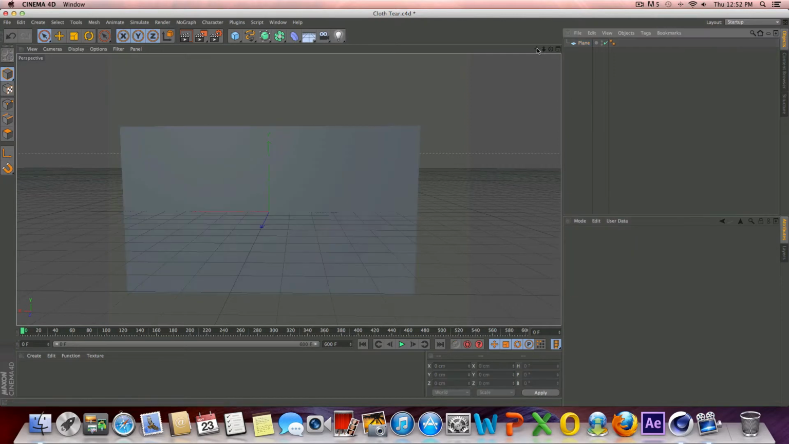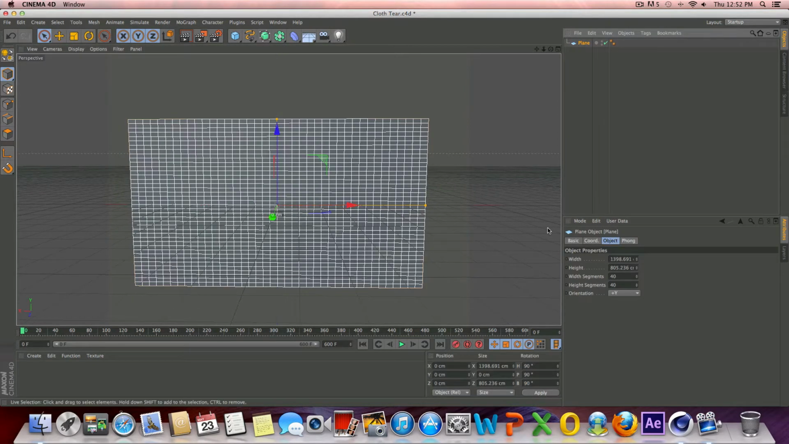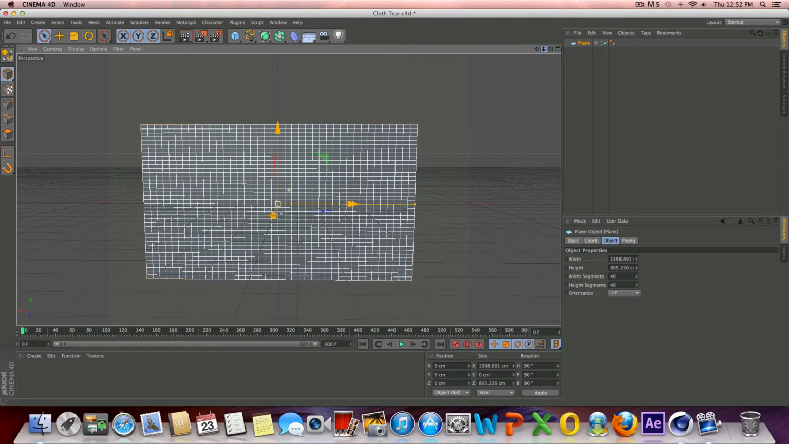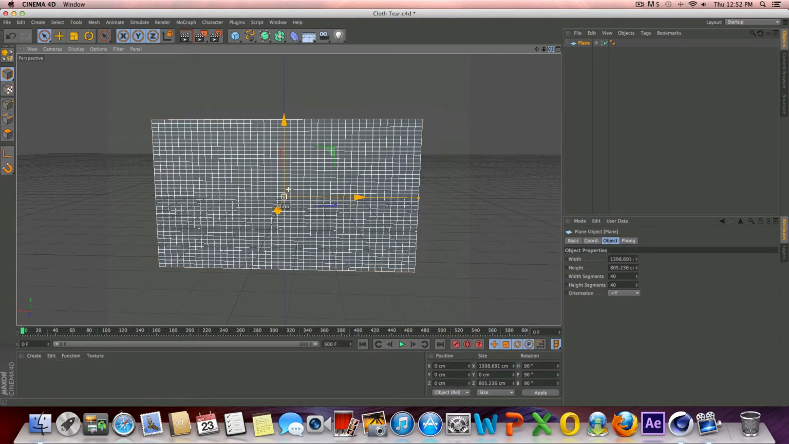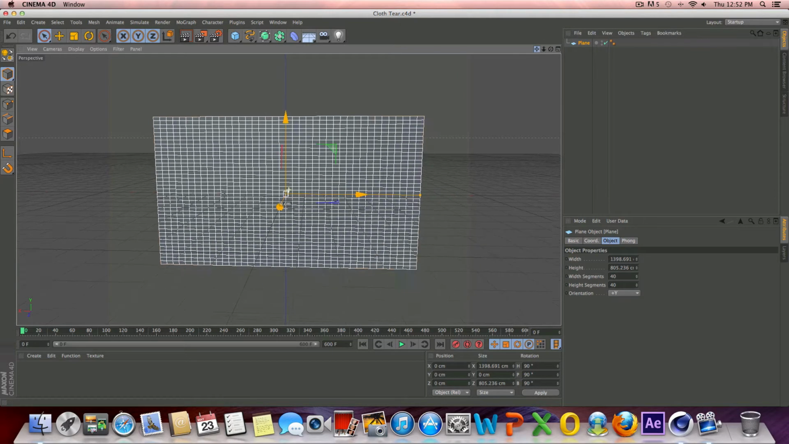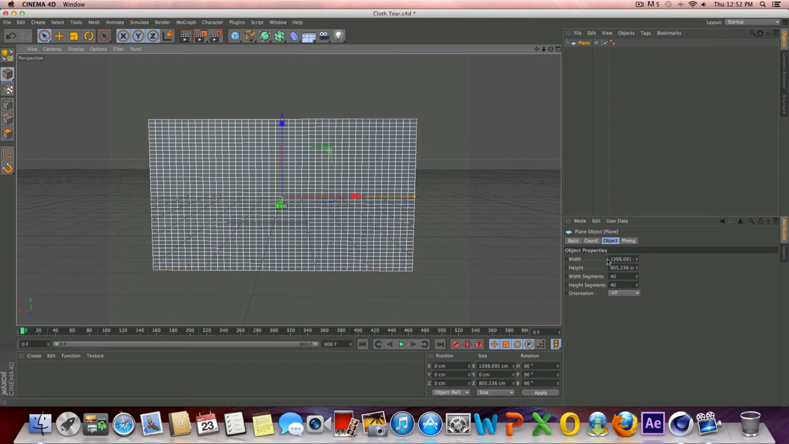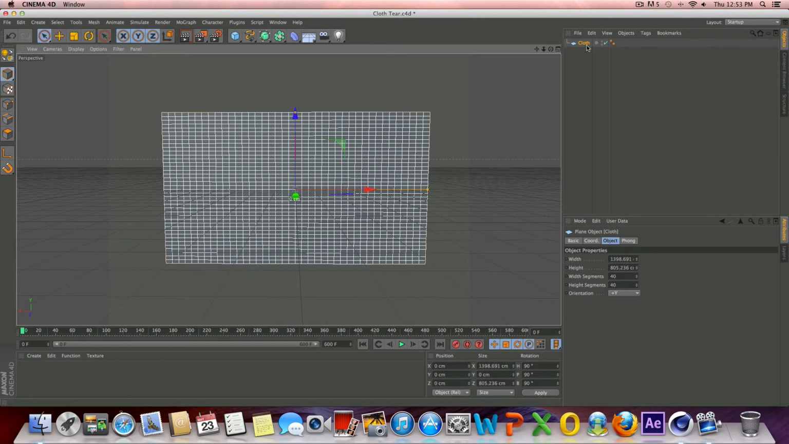Alright. You want to make sure that you have plenty of segments to work with, because that will determine how smooth your cloth looks in the end. So if you want it to really look like fabric, you need to bump these numbers up. Anyways, once we have that done, I'm just going to go ahead and rename this to cloth. Alright. And since this plane is going to represent our cloth, the next step here is just to press C